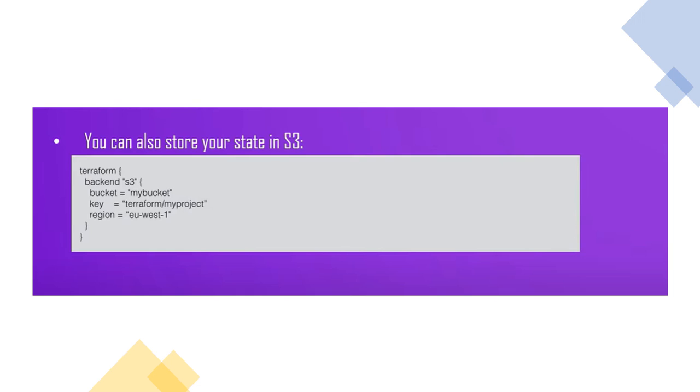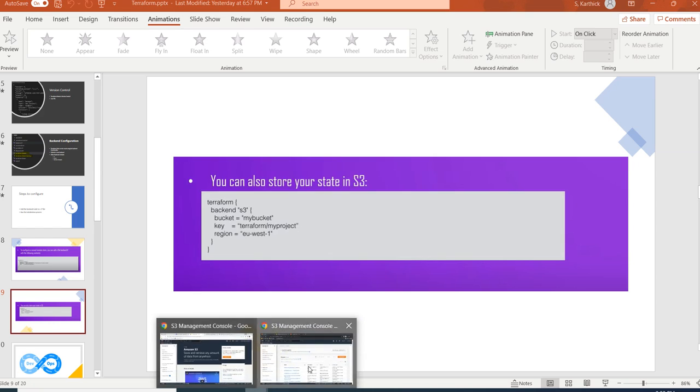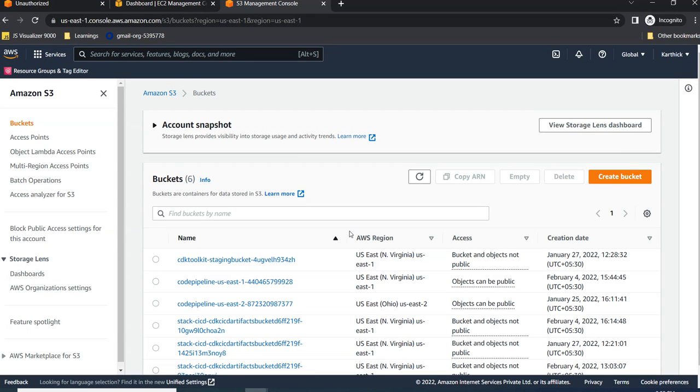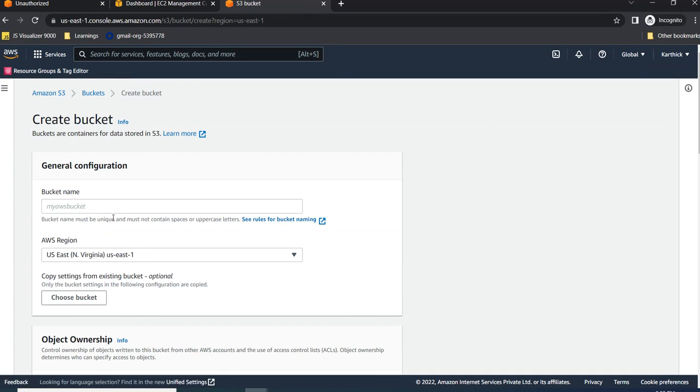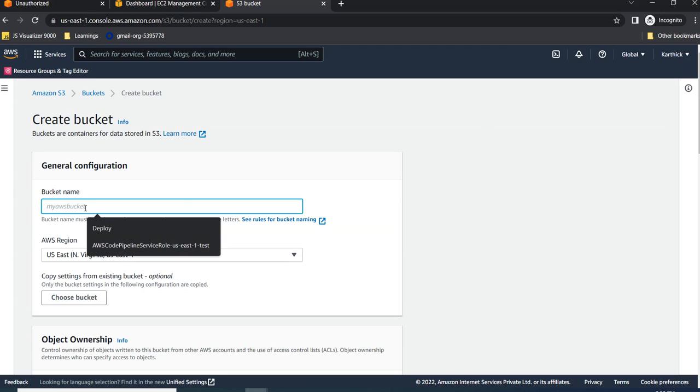Now let's see how to use the Terraform state with S3 using the S3 backend. For that, the first step is that you need to create a bucket in S3. Let's get into the demo. You just go to AWS S3 and create a bucket over here, and the bucket name should be unique. I'm just giving the bucket name like today's date, June 17